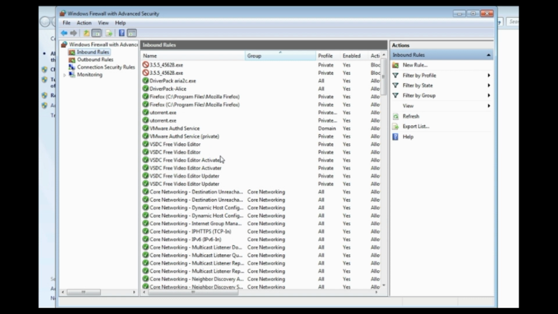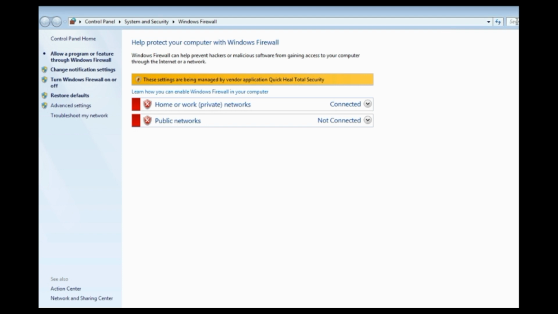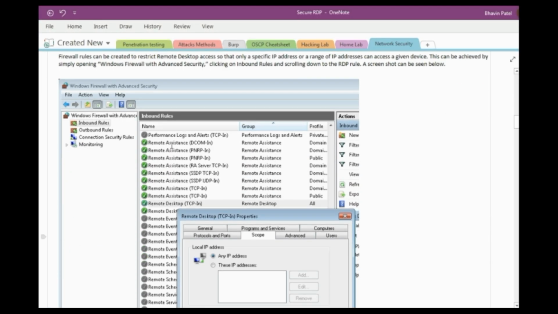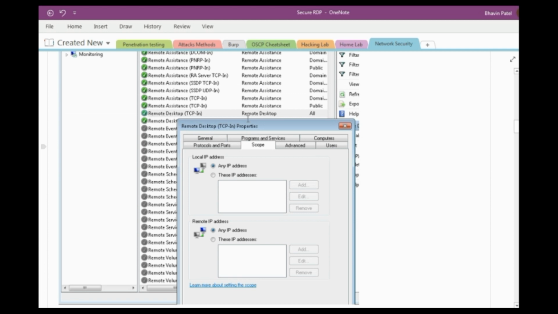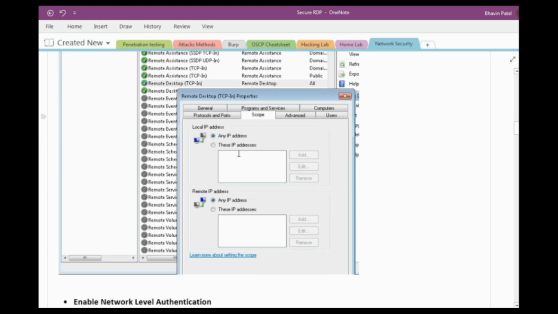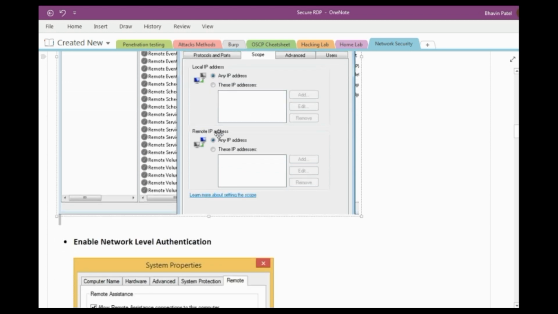In inbound rules, you need to find the Remote Desktop TCP rule, and after that, when you click on RDP properties, in scope you can set the local IP address, whether any local IP is accessing, or you can set the selected public IP address, and same for the remote IP address.